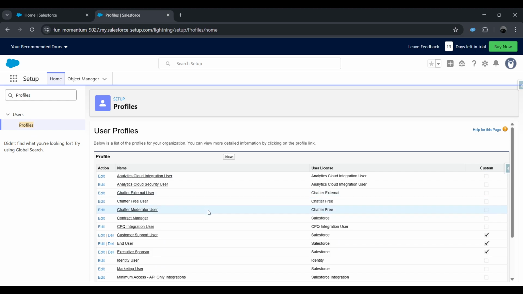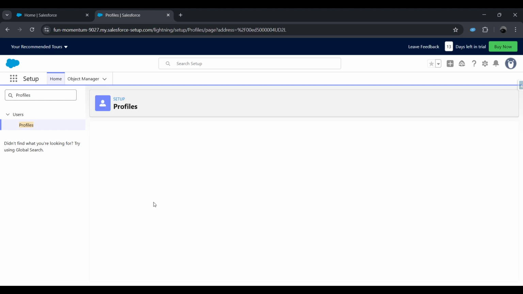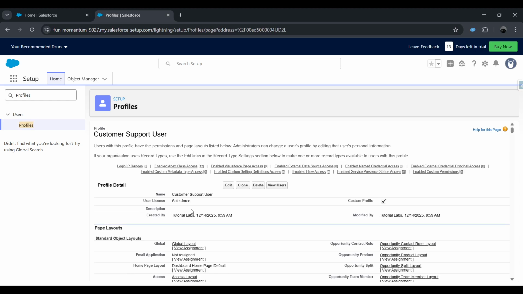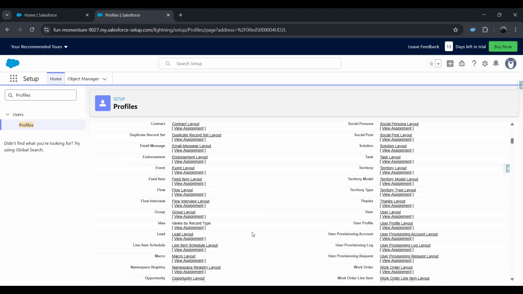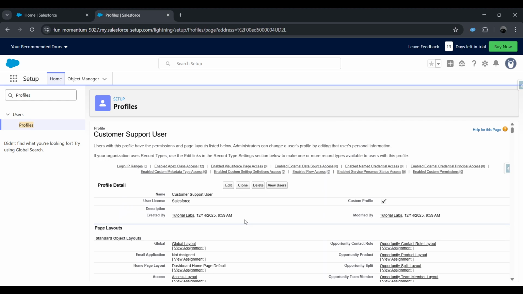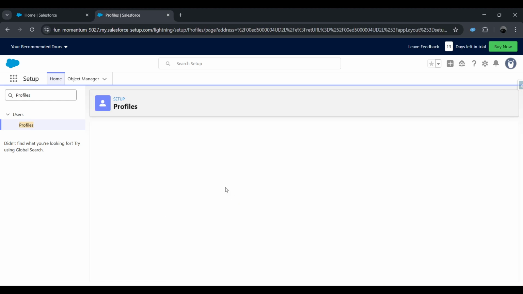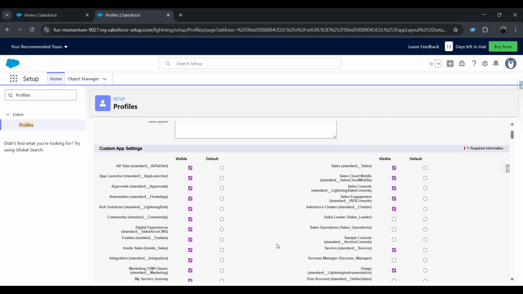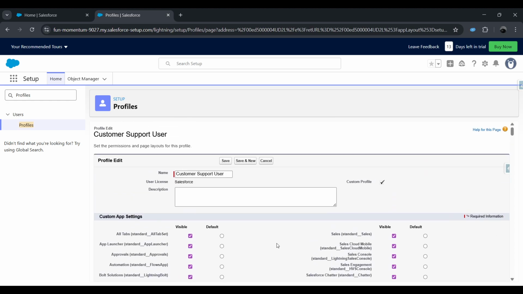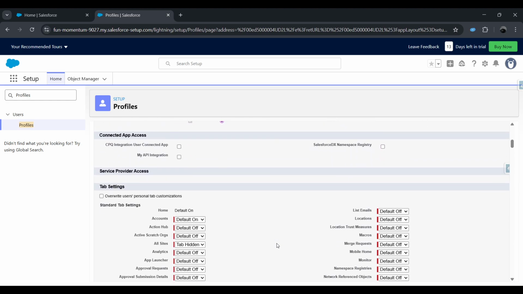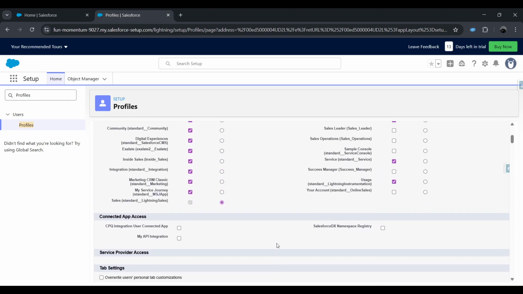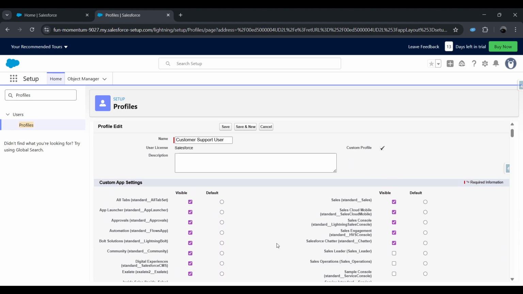Once saved, click on your newly created profile from the Profiles list. This opens the Profile Detail page where you can edit all the settings you need. From here, you can adjust object permissions, field level security, application access, and many other settings to precisely match your requirements for this user role. And there you have it, you've successfully created a custom profile in Salesforce that you can now assign to users